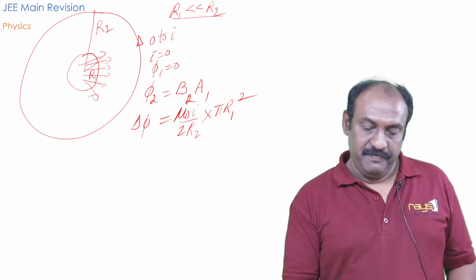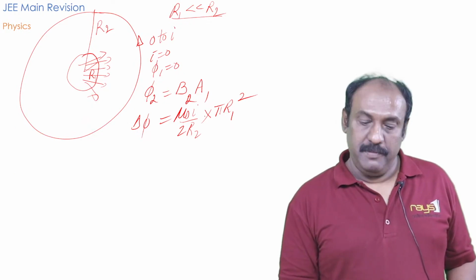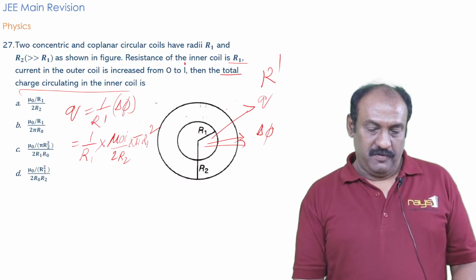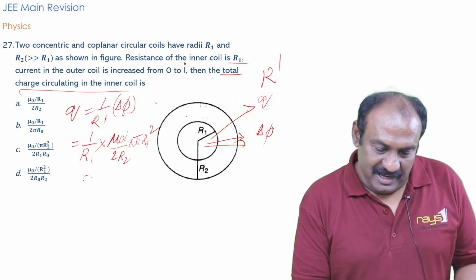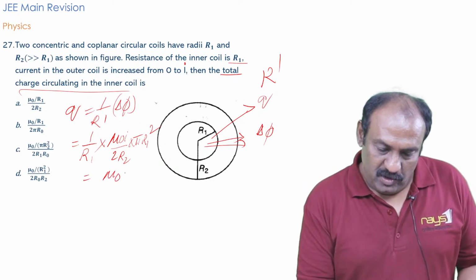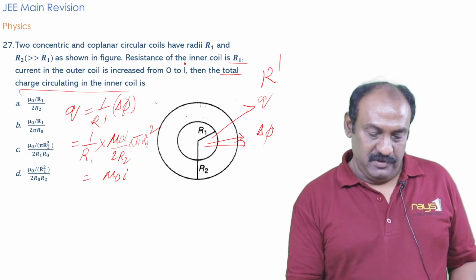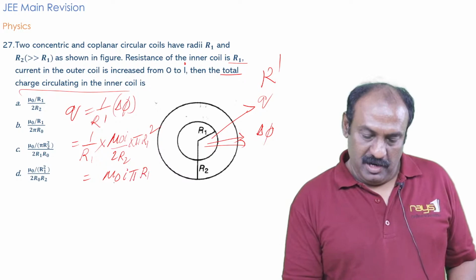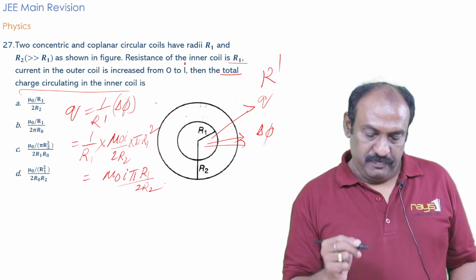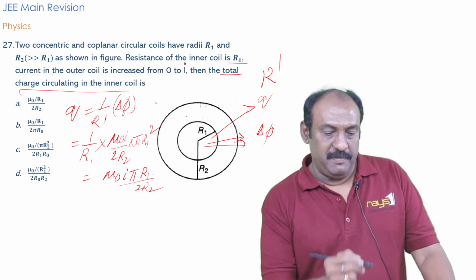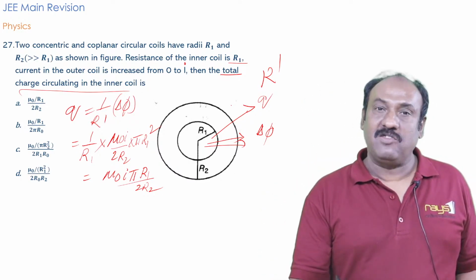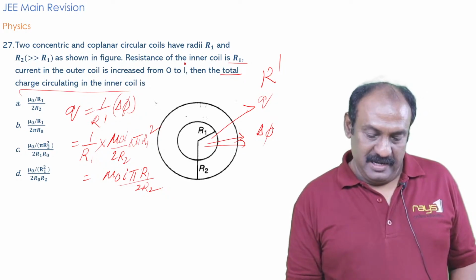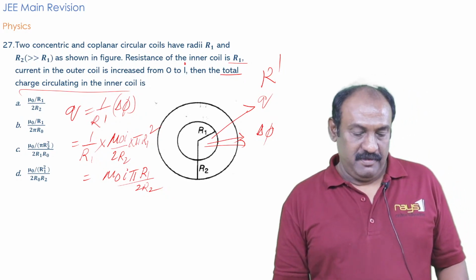Now what do we want here? So flux is BA: mu naught I by 2R2 into the area, which is pi R1 square. So from this, one R1 gets cancelled. Mu naught I into pi into R1 by 2R2 is the equation for the charge that flows in the inner coil. See the data: the pi R1 square by R1, one R1 gets cancelled. So once again,